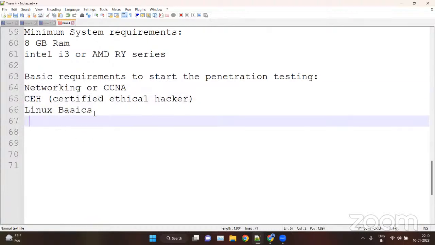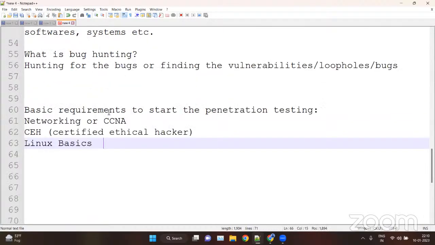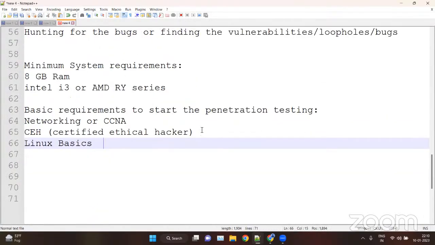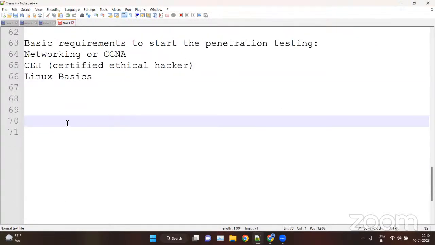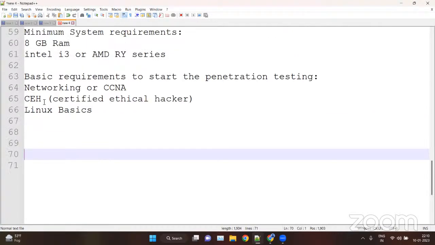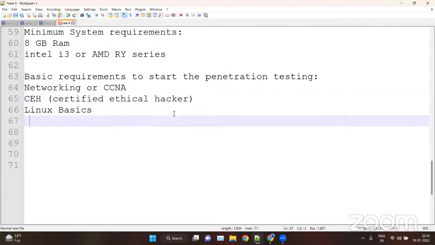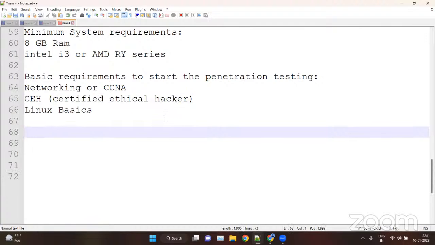Don't skip this. Don't jump directly to penetration testing. This is very important, because CEH covers all the basics. Like how to hack, how to perform hacking, the basic one. How to install Parrot, how to install everything. The ethics, the policies, the rules.